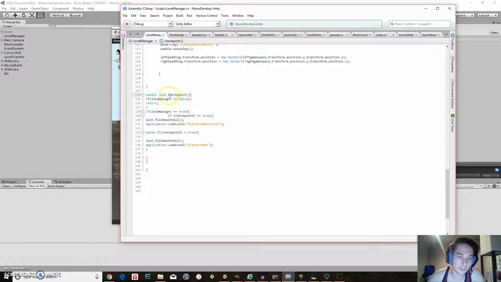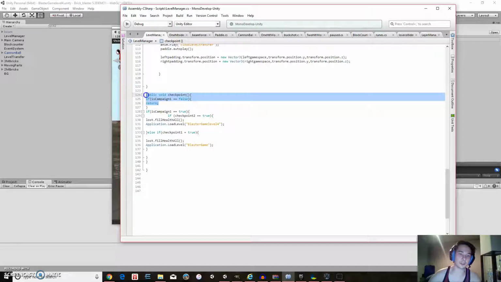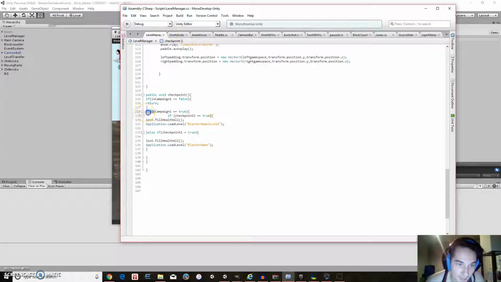So you make it a public void, and you name it Checkpoint, which is just whatever I came up with. And then it's going to say if campaign 1 equals false, then it does nothing, because what's the point of it running itself? And then if campaign is equal to true, now this is the way you have to order it, before I get ahead of myself. If I had